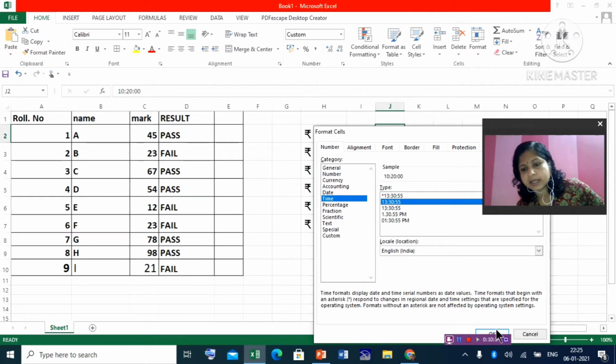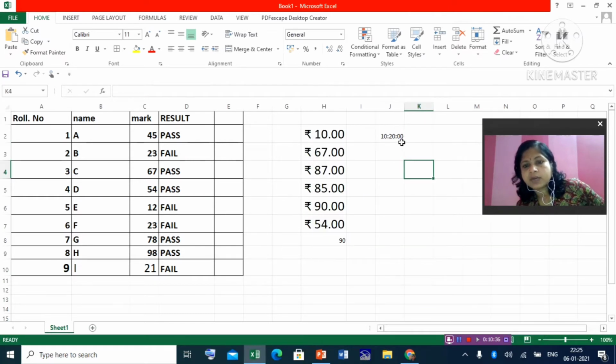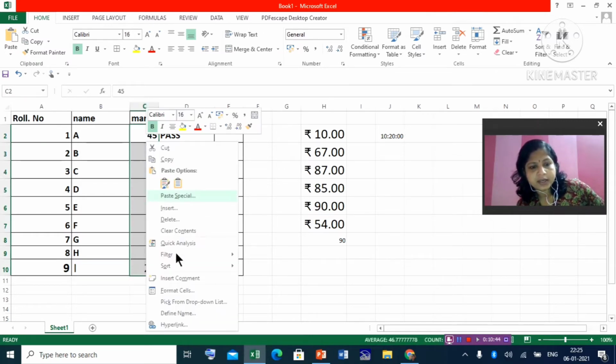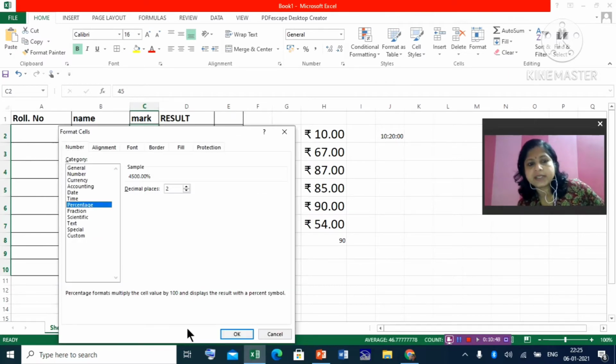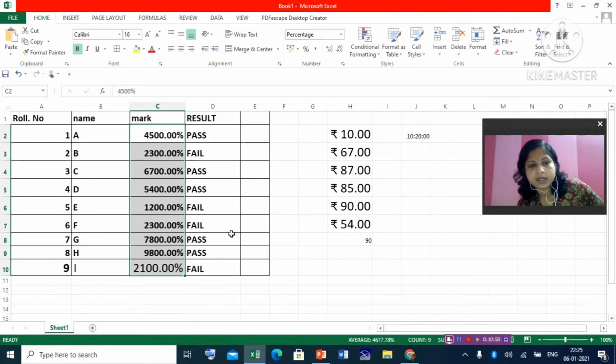Suppose I have selected this one, then click on the OK button. It will become that format. Clear? So suppose this data is there. I want to make it percentage. So right click, go to format cells, make it percentage. Click on OK. So the data will be converted to percentage. This way you can format your numeric data.